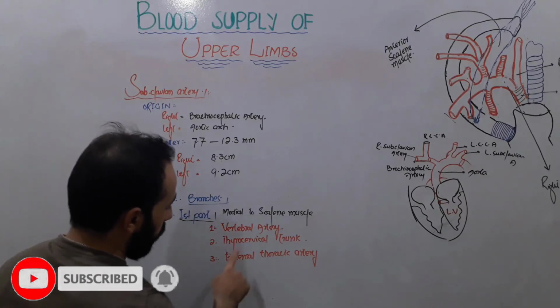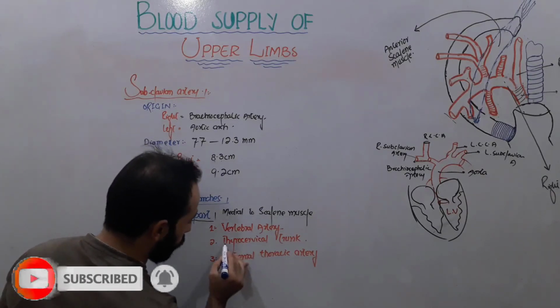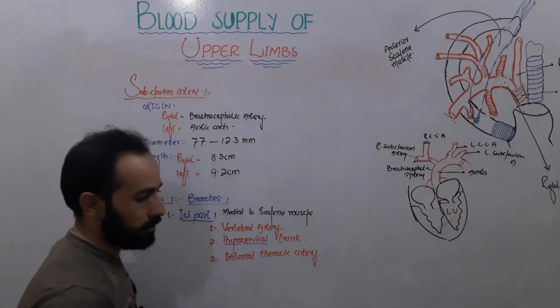Now look carefully. This thyrocervical trunk will give off two branches, thyro and cervical, right? Thyro and